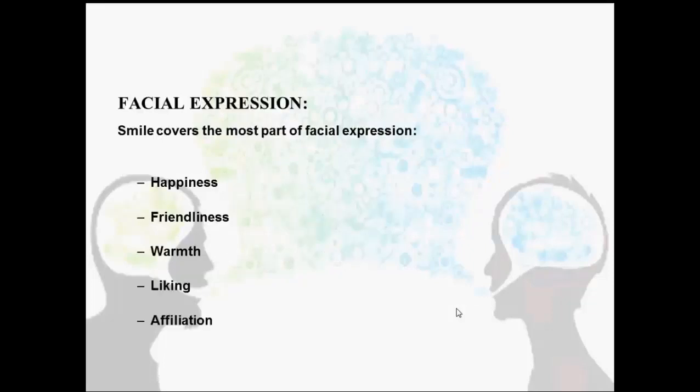Facial expressions. From facial expressions, you can get the message of happiness, friendliness, warmth, liking, affiliation. These are positive ones, and negative ones can be unhappy, sad, whatever. Warmth: how warm a person is in his relationships. علاقته تكون فيها دفء مش برودة بشكل عام. He's warm, you feel that's good. That's positive. When he meets you, for example, he's happy, and he shows you he's happy.